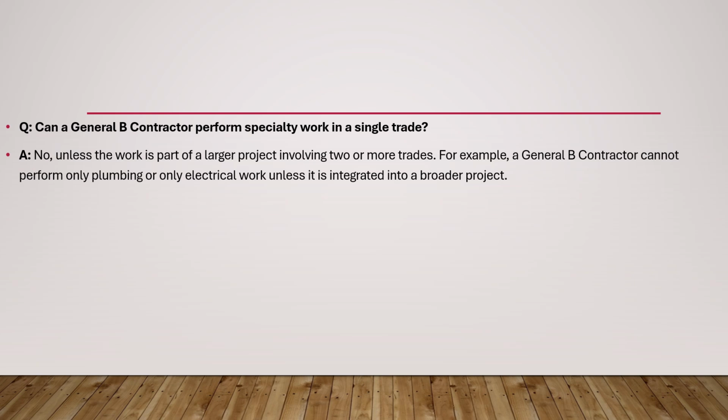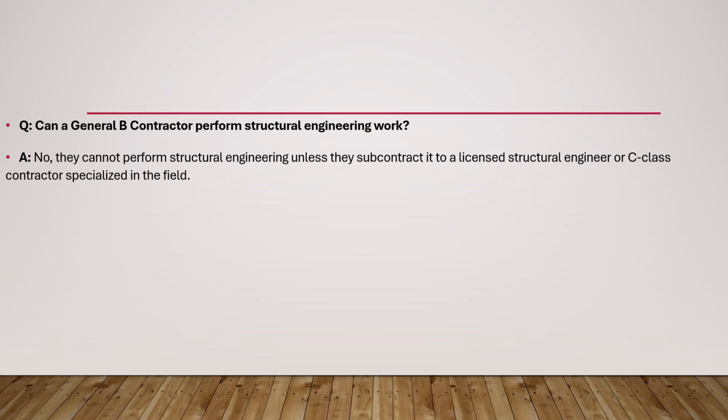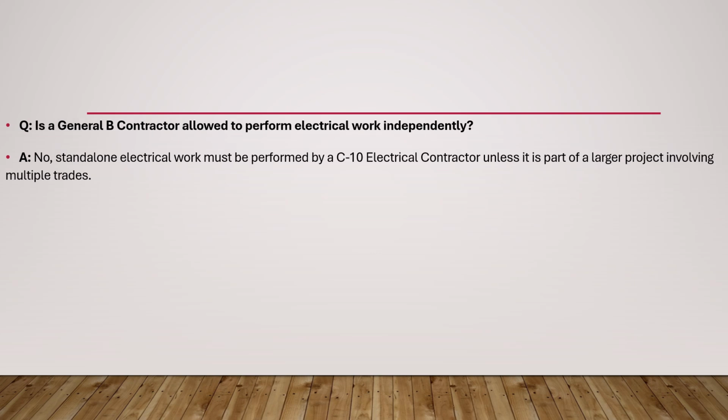For example, a General B contractor cannot perform only plumbing or only electrical work unless it is integrated into a broader project. Can a General B contractor perform structural engineering work? No, they cannot perform structural engineering unless they subcontract it to a licensed structural engineer or C-class contractor specialized in the field. Is a General B contractor allowed to perform electrical work independently? No. Standalone electrical work must be performed by a C10 electrical contractor unless it is part of a larger project